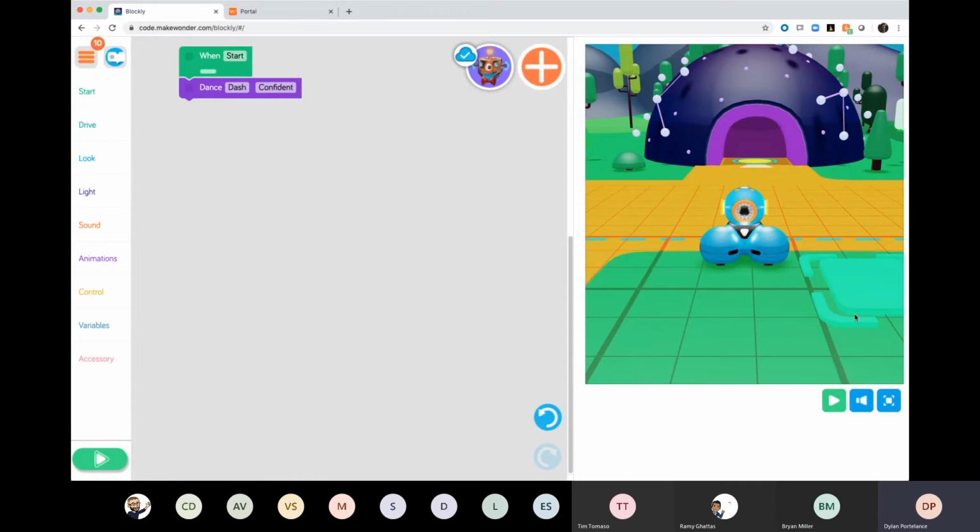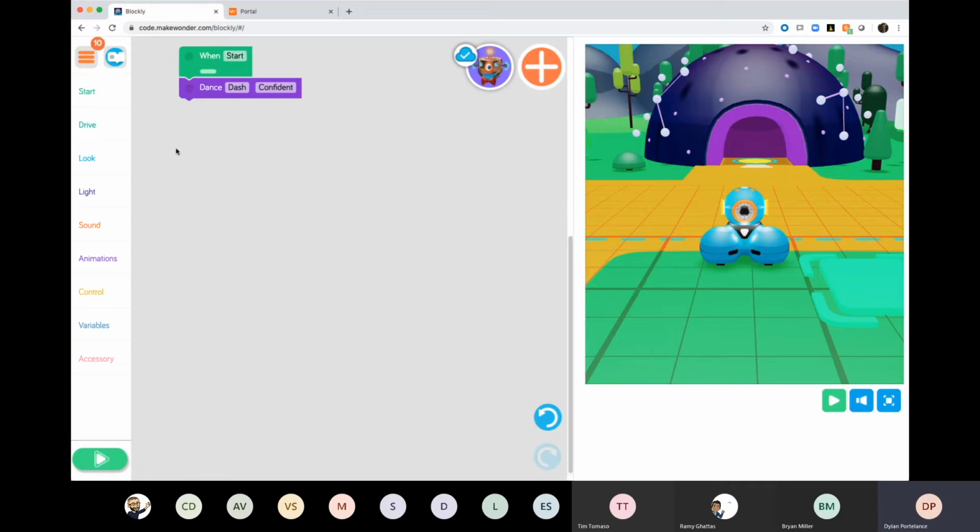So this is basically a way that kids can program freely with the robot. They can create custom projects and they can kind of have an infinite canvas to build upon. But of course, given that we're talking about distance learning and how teachers can actually facilitate Dash's Neighborhood to do computational thinking and have students go through a scope and sequence of coding skills, let's talk about something else which